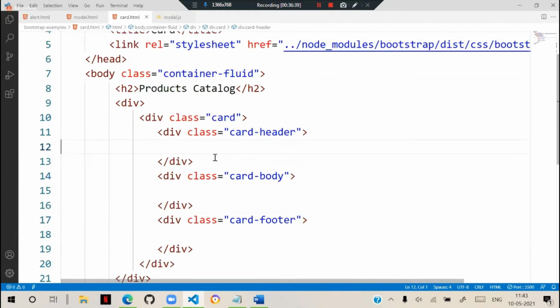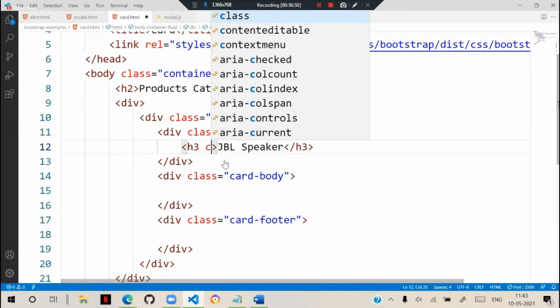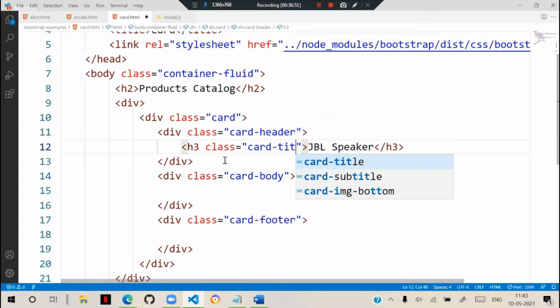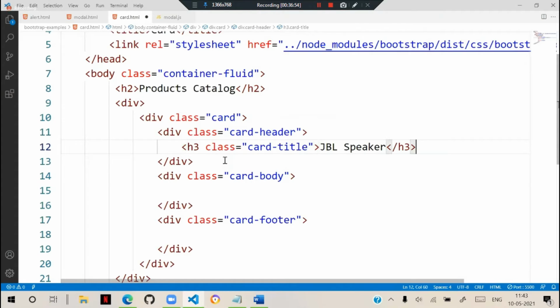And in the header section, generally, suppose I keep a title, like JBL speaker, then usually we keep the name with the class card title. That is the option.